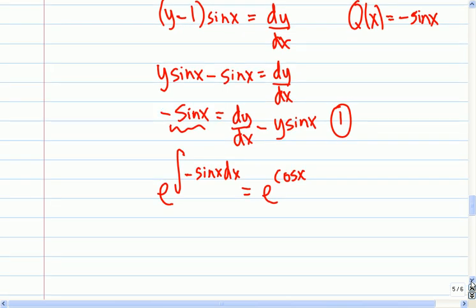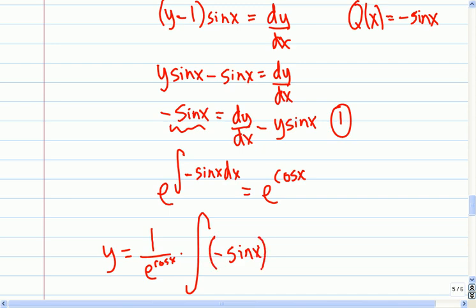Now, that means I can separate this as 1 over e to the cos x times the integral for q of x, which is negative sine, times e to the cos x